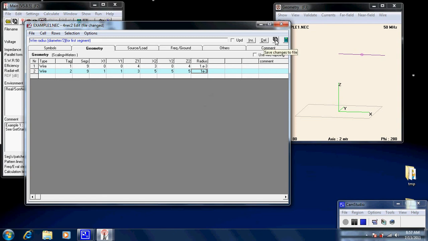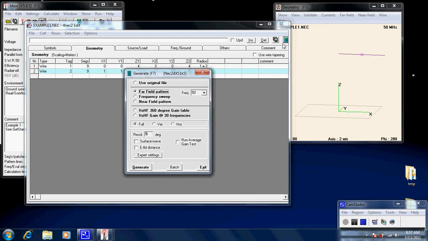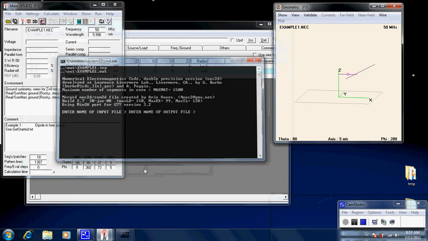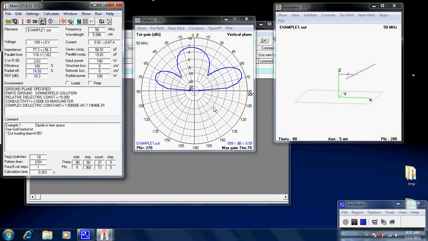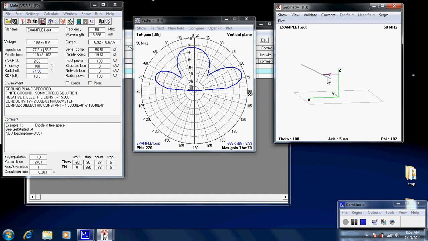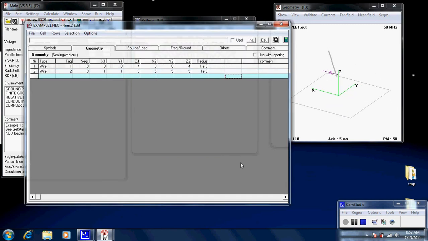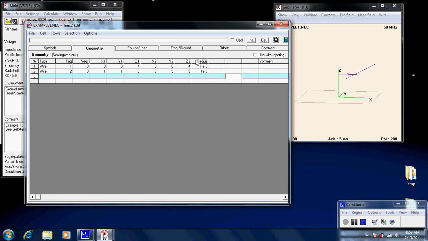And if we want, we can press the save button and then we can recalculate. We'll probably get some errors, but we'll say, oh no, lucky. Okay, so then we can have a look, and we've got another wire, but it's just sitting around in space. It's not doing anything, but you get the idea. Now let's say, for example, we wanted to change the height, or the endpoint. We could make this